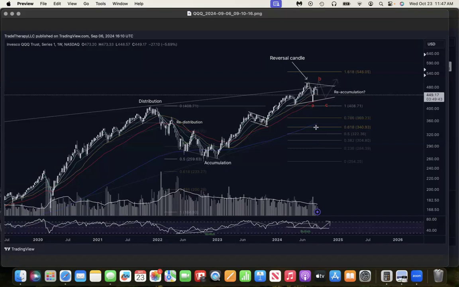At the time, we wrote about in our content and published on the socials that it is quite common in these three-wave corrective periods for wave A to be equivalent to wave C. So there was a setup brewing that there could be another sharp downturn coming up a little bit later in the year. Now, in September, as the Qs had this long candle here, would drop down here,